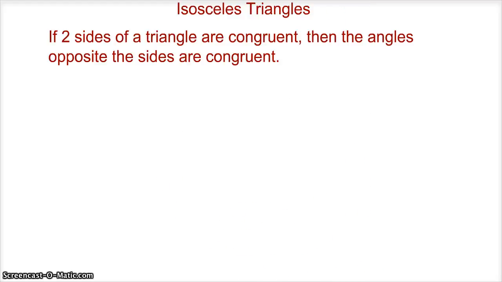Hey, we still on the same page of isosceles triangles? Alright, so if two sides of a triangle are congruent, then the angles opposite the sides are congruent. So this is kind of what I just hinted at with the other picture. Alright, so all this statement is saying is that if you have an isosceles triangle,